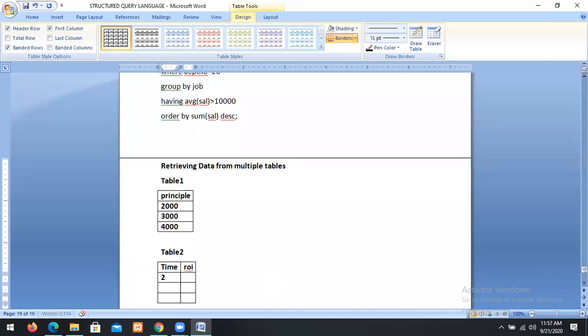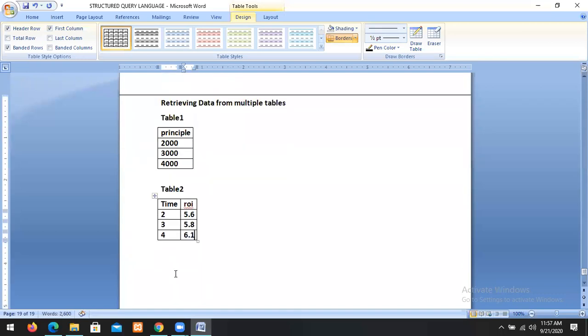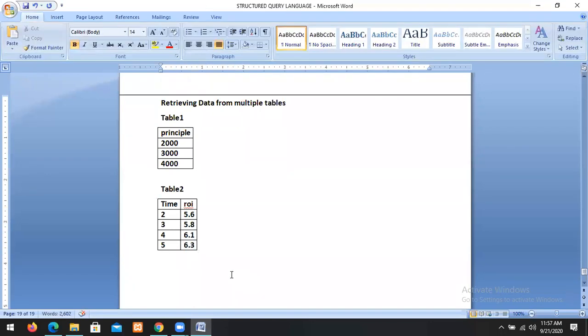So there are 2, 5.6; 3, 5.8; 4, 6.1. If you want one more row, no problem, we can insert it: 5, 6.3 also. So like this, there are 2 tables.